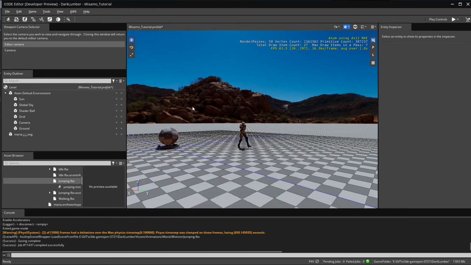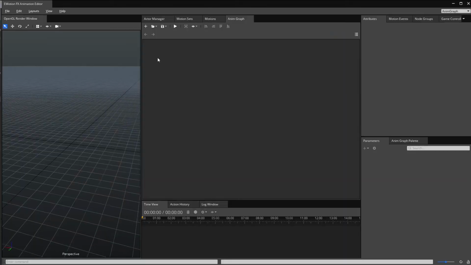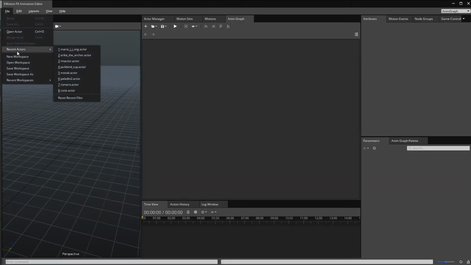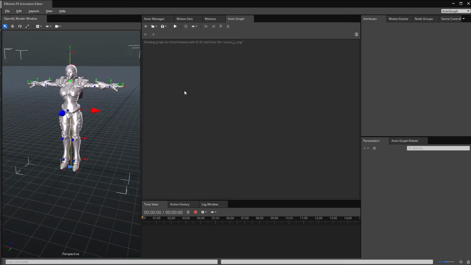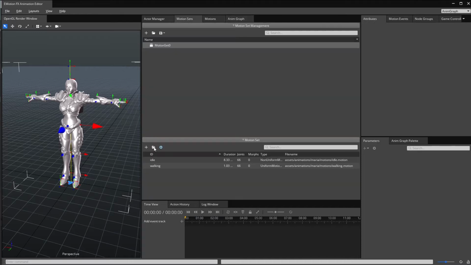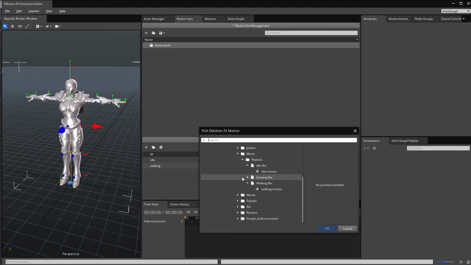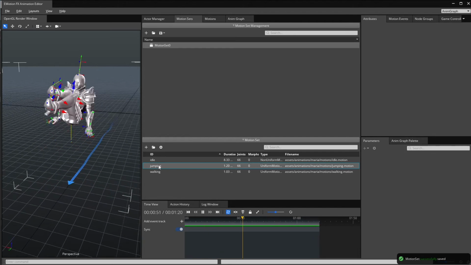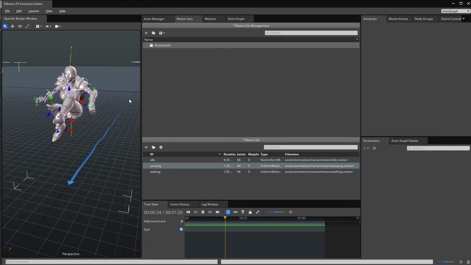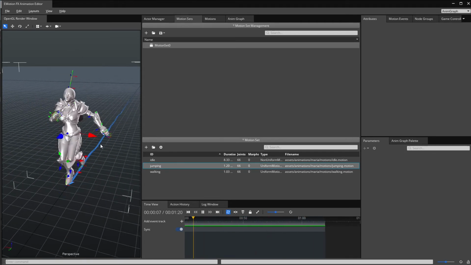Okay, let's go to the animation editor. We have a workspace already. And let's open the jumping animation. And there it is. As the character runs and jumps,